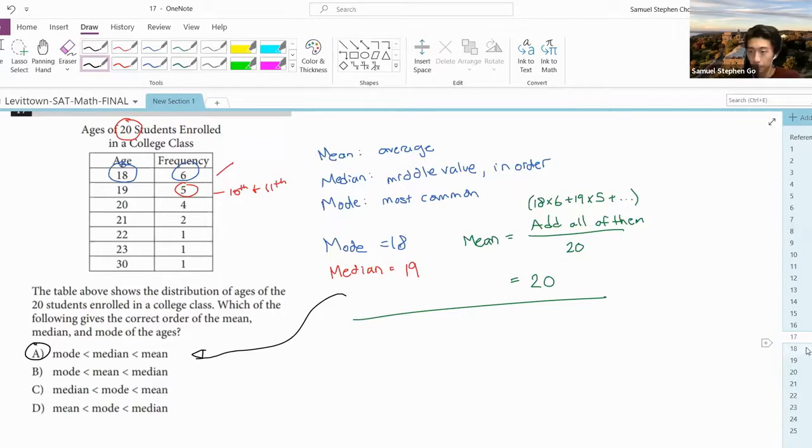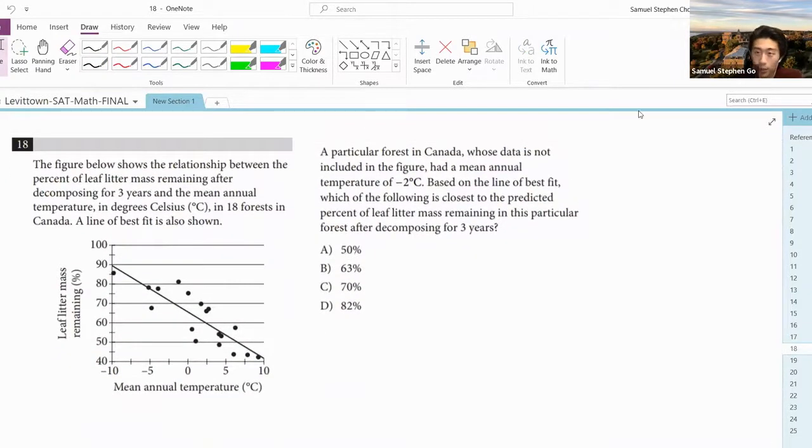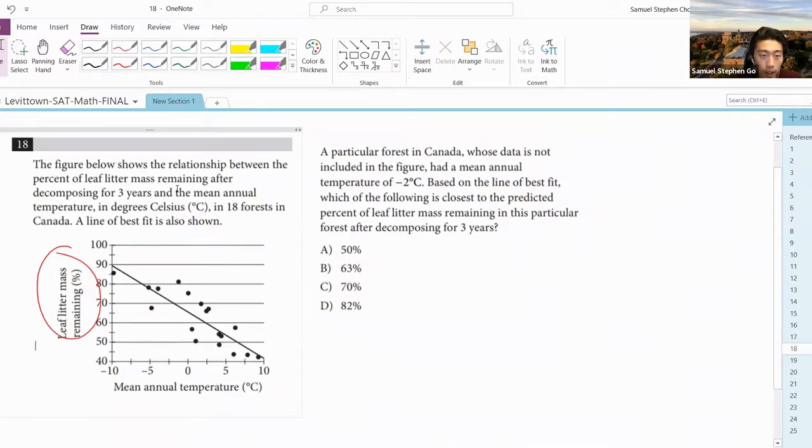Awesome. We're going to move to 18. Okay, another graph they're giving us, so that means we should think about what this graph is showing. Let's see. The figure below shows the relationship between the percent of leaf litter mass remaining, so that's the y-axis, remaining after decomposing for 3 years, and the mean annual temperature in degrees Celsius in 18